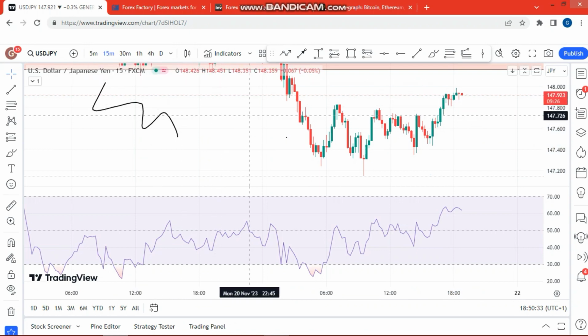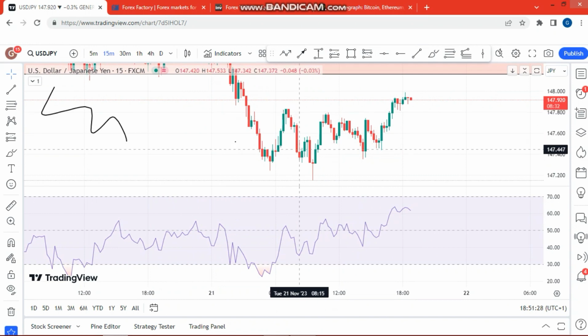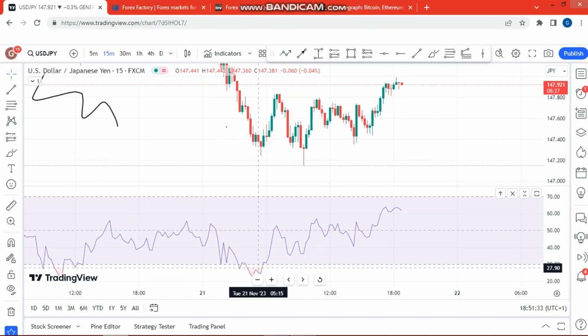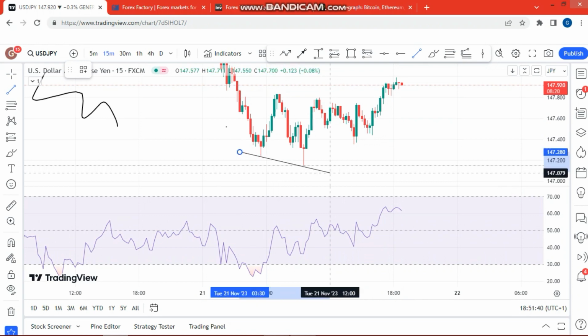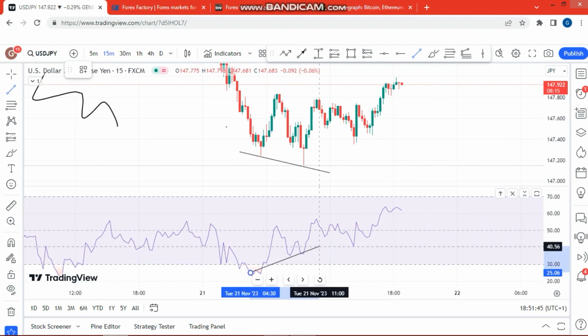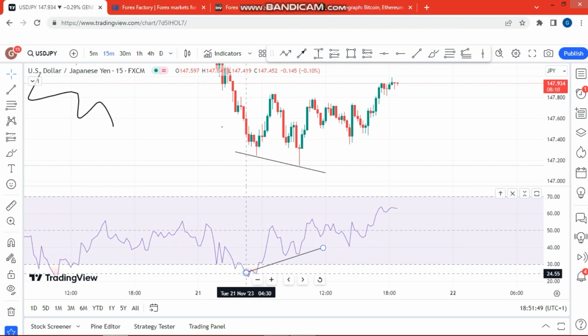Now we're going to get into the entry, and we're going to get into your targets and all that. Now if you look closely, price is making a lower low, lower high right there, and the RSI is doing the complete opposite. Looking at this, you see price is making a lower low right there, and on the RSI, price is doing the complete opposite right there. As you can see right there,